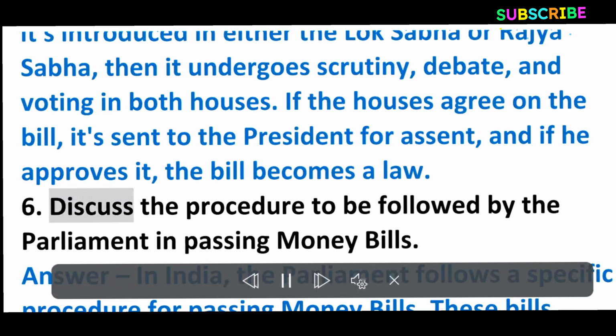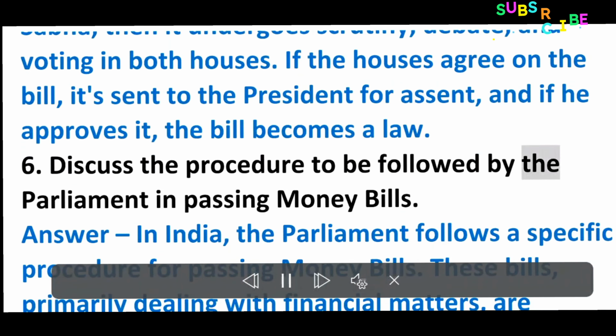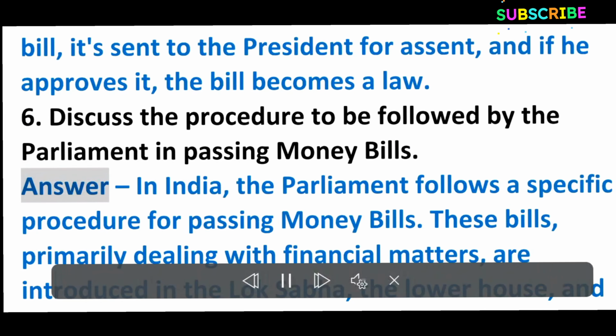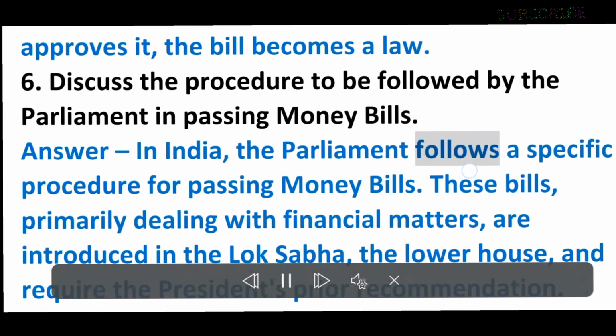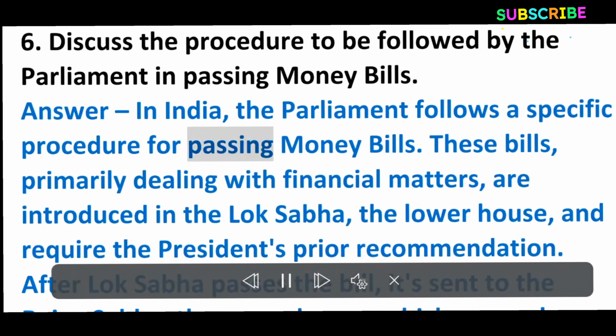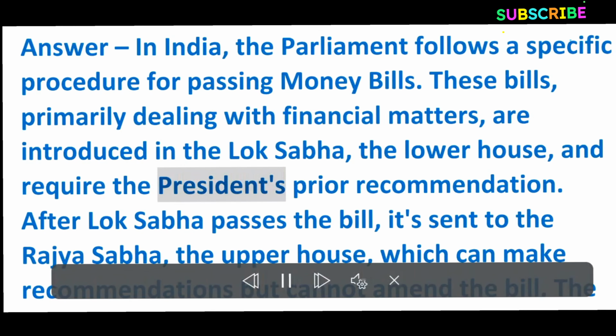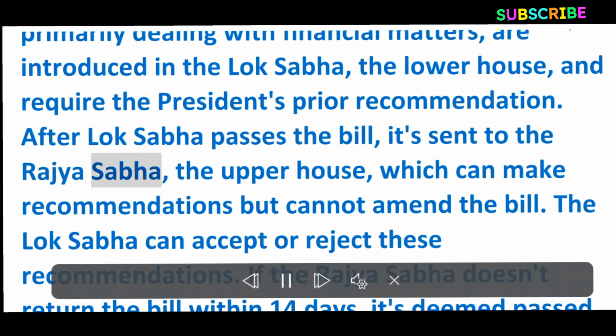6. Discuss the procedure to be followed by the Parliament in passing money bills. Answer. In India, the Parliament follows a specific procedure for passing money bills. These bills, primarily dealing with financial matters, are introduced in the Lok Sabha, the lower house, and require the President's prior recommendation. After Lok Sabha passes the bill, it's sent to the Rajya Sabha, the upper house, which can make